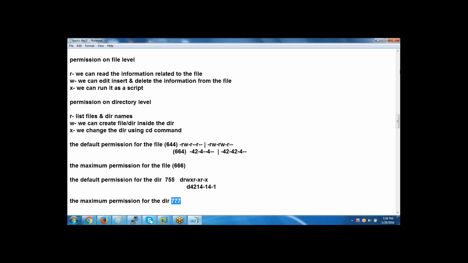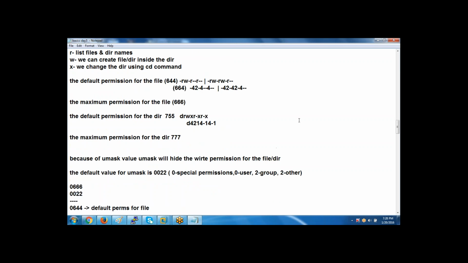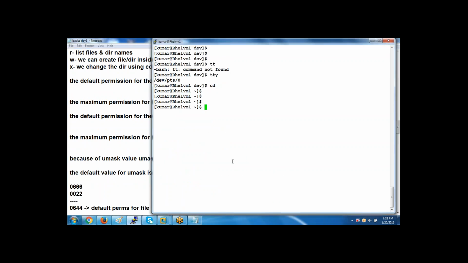Getting it? So this is the way it works. Clear? Understood? So this is all the information. But how do we see that umask value? There is a command called umask. With the help of the umask command, you can see the umask value. Right now we are logged in as a user, and the umask value is